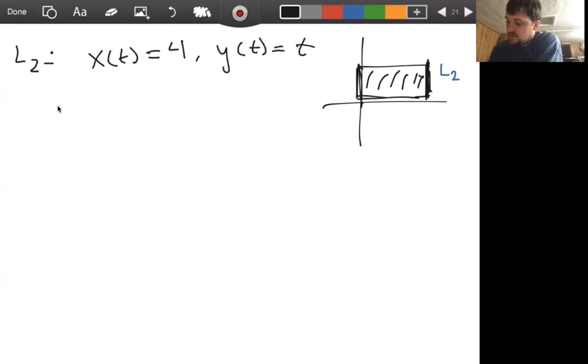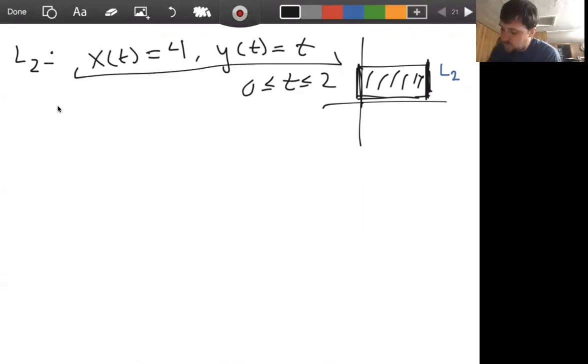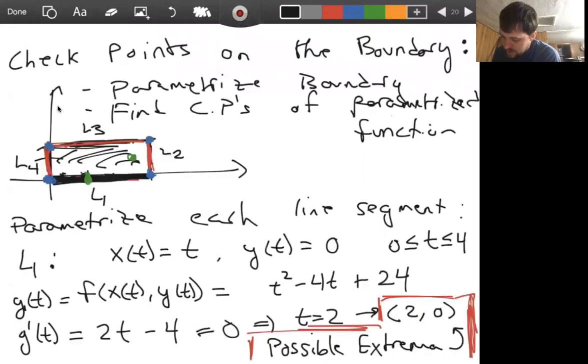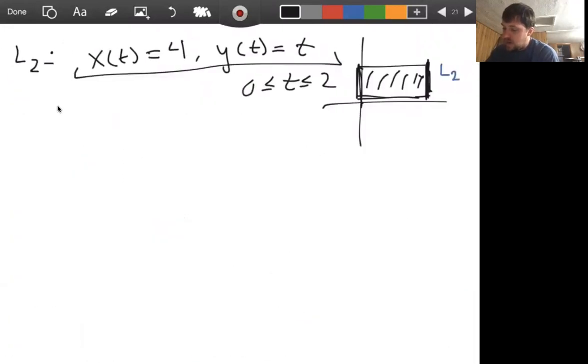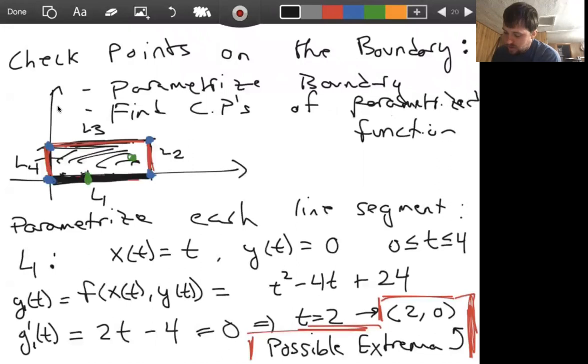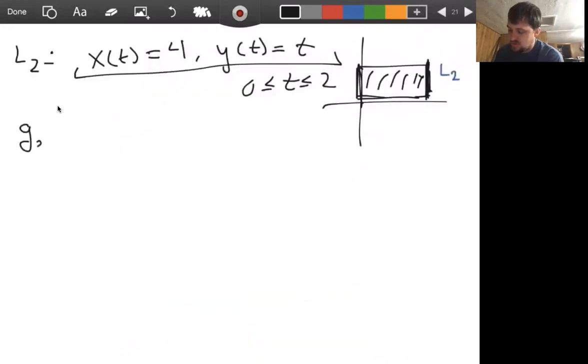We'll let it vary by the variable t, between 0 and 2. So this is a parameterization for L2. When we parameterized L1, let me call what we found g sub 1. And now we need to find g sub 2